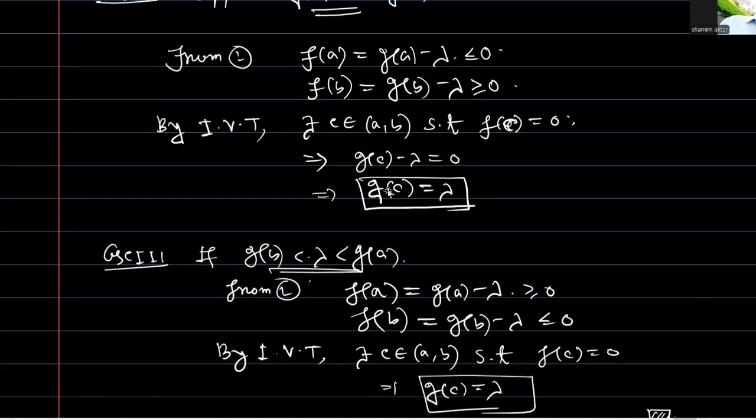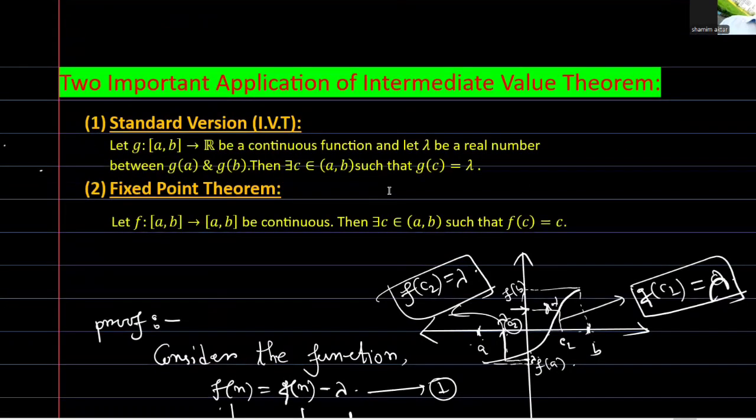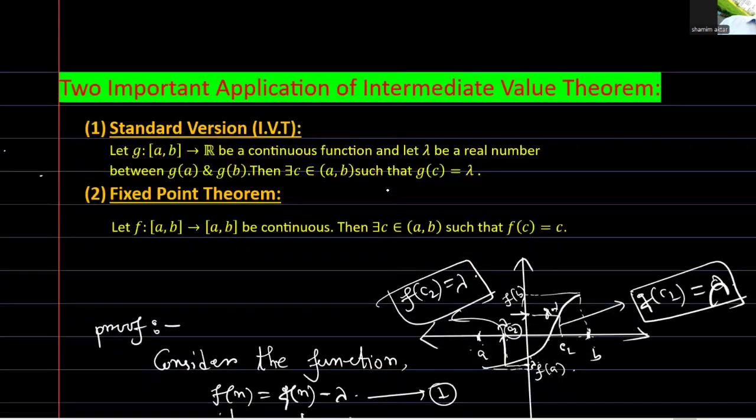Okay, now the second application, the fixed point theorem. The fixed point theorem says that if f is a continuous function from a closed and bounded interval [a, b] to [a, b], then we can always find a c belonging to [a, b] such that f of c is equal to c. Okay, and this point c is called a fixed point. Now graphically,